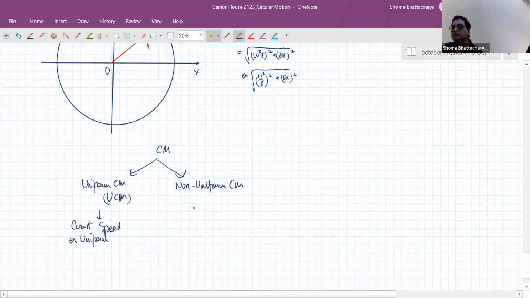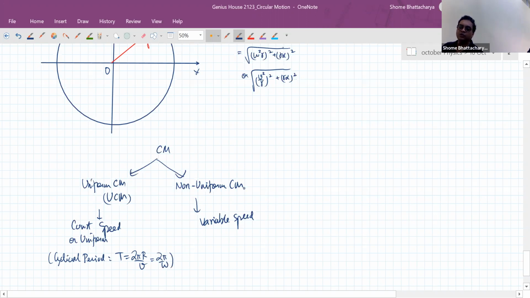Okay. And this is with variable speed. So what happens is something going in a circular path at uniform speed also becomes a cyclical motion. Cyclical or periodic, isn't it? Because it will keep repeating its motion in equal intervals of time. So it'll have a time period of 2 pi r by v, where v is constant. Or that is the same thing as 2 pi by omega, where omega is constant.